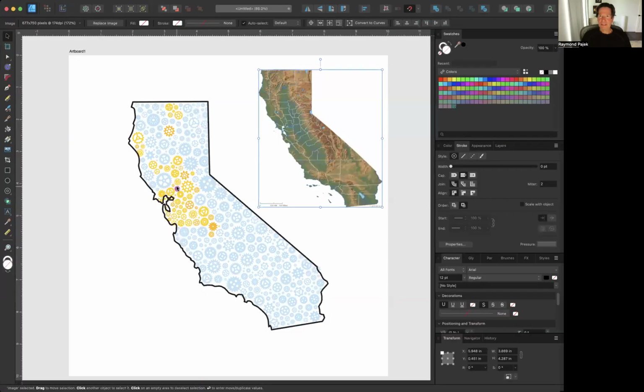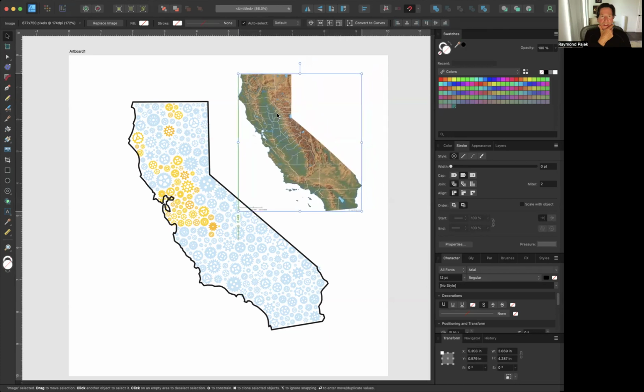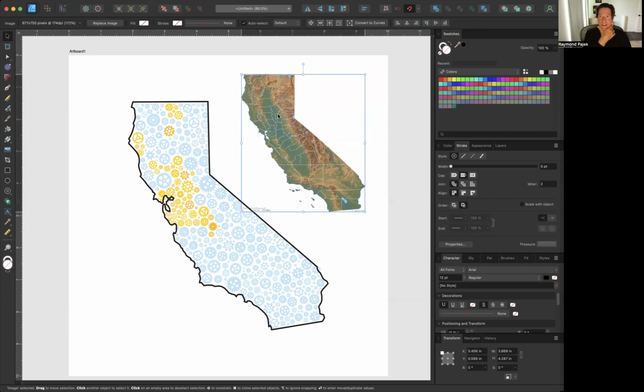In this particular example, I have decided that I'm going to be working with a topography of the state of California. So I did some online search and I found this topo map here of California. And then the process begins with step one, which is to use the pen tool over here and to basically